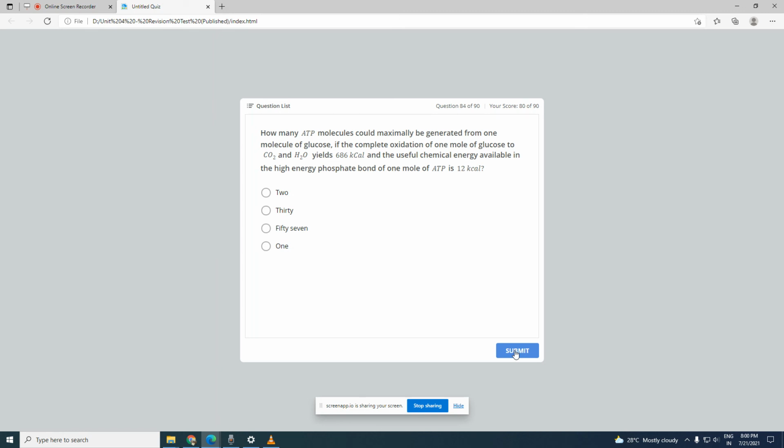How many ATP molecules could maximally be generated from one molecule of glucose? If the complete oxidation of 1 mole of glucose to CO2 and H2O yields 686 kilocalories, and the useful chemical energy is available in the high energy